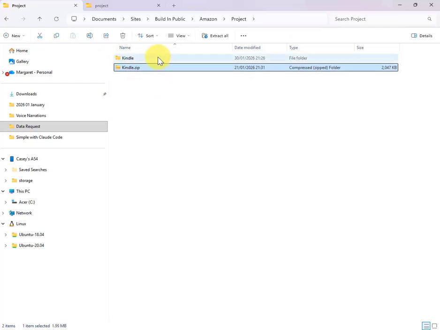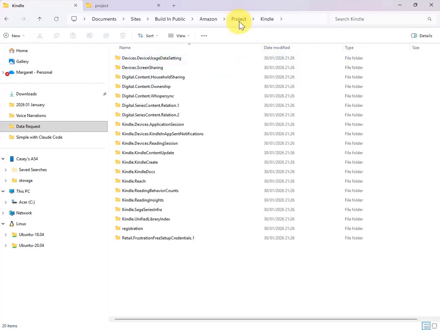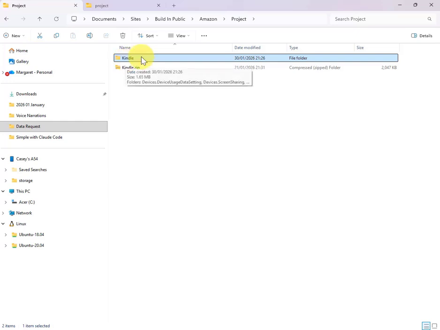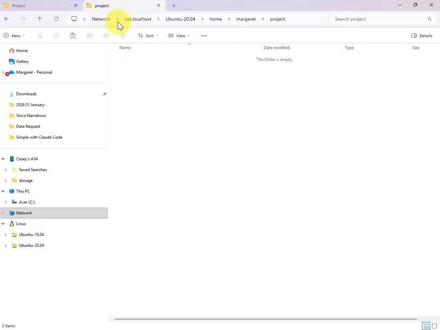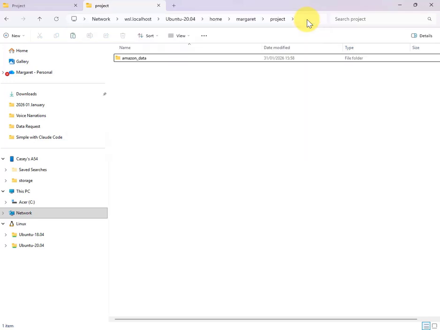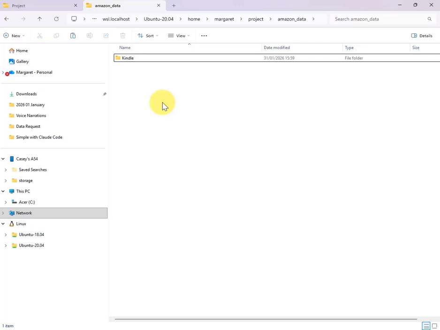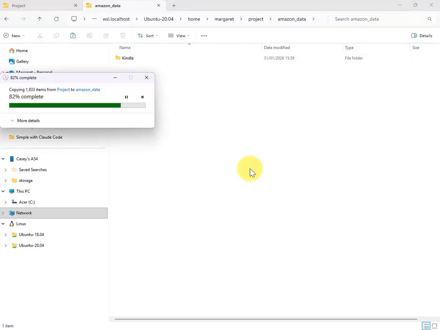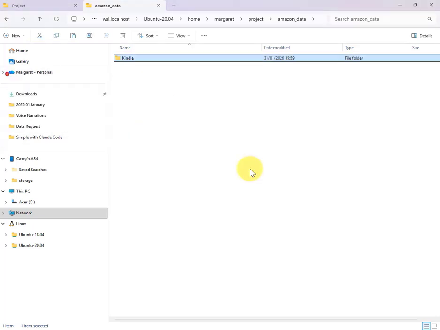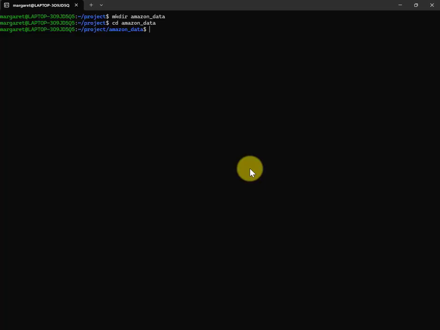Toggle over here. This was the zip file. This is it unzipped. I'll copy this entire parent directory over into my Linux directory. So I'll just hit Control C on that. This tab in my browser is down in that project directory. Just refresh that, and there is that directory I just created. And I'll hit Control V here, and that is now copying. Copy is done. Go back to Linux. I'll go into Kindle,